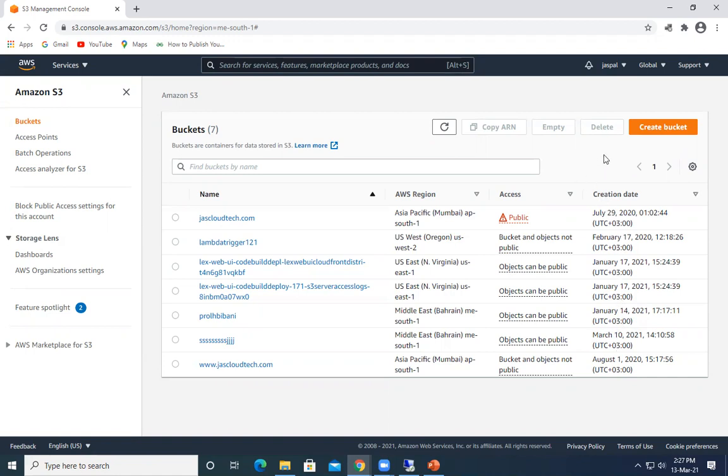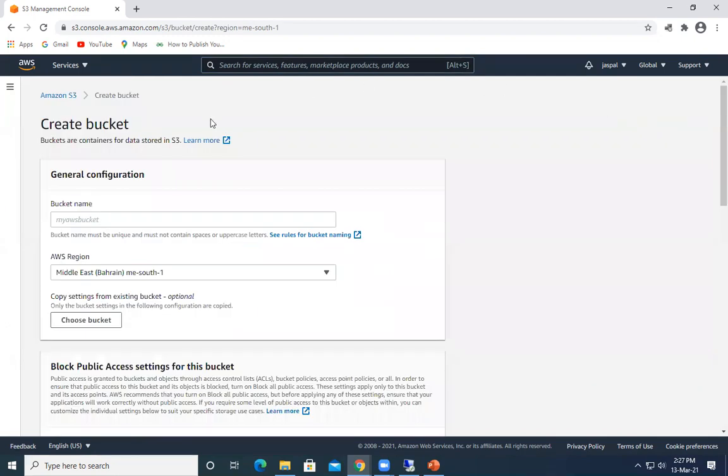Okay, so let's move ahead. Let's create a bucket. You can see the bucket name must be unique and must not contain spaces or uppercase letters. That is a key point that we need to remember. So let's create a bucket.